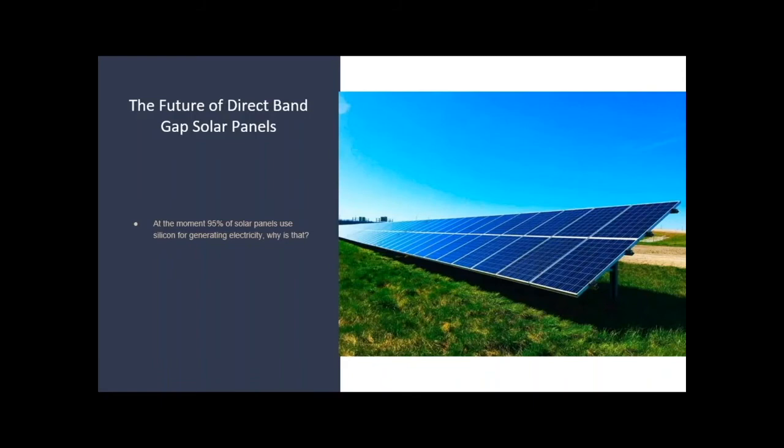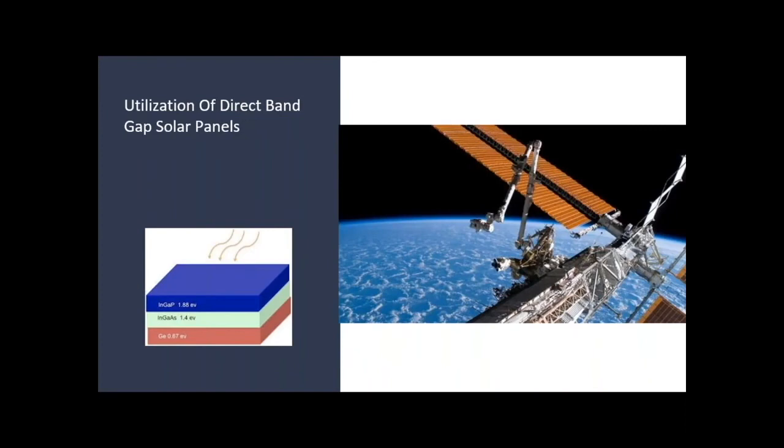And if direct band gap materials ever want to compete with silicon solar cells in commercial power generation, they need to be cheaper and easier to manufacture. Currently, direct band gap materials are almost exclusively being used for space travel and for certain military drones. And this is because these solar panels are higher cost. And in these types of technology, they just need an insanely high power generation efficiency, and they don't care about the high cost. And they do this by using